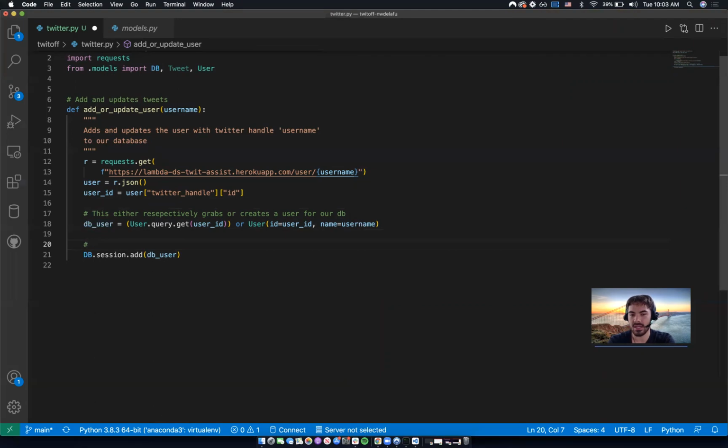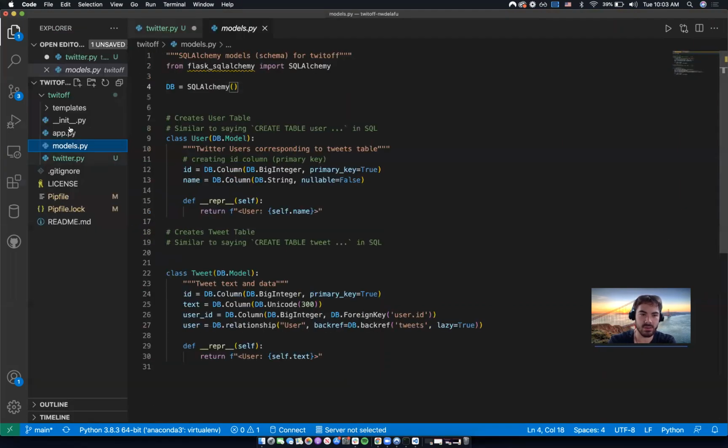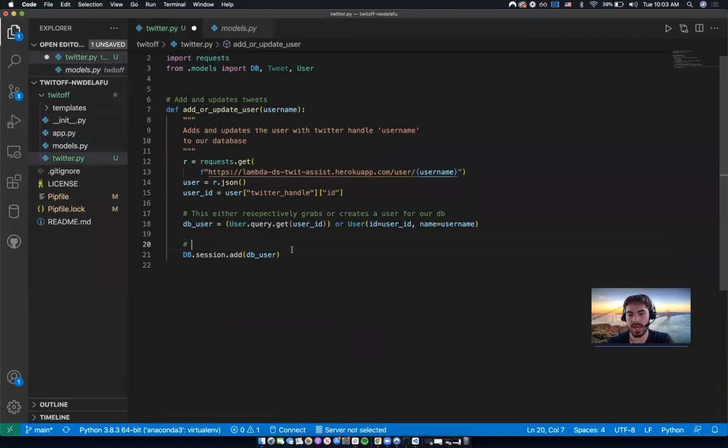So I'm going to say db.session.add, which will add this user to our existing database, this SQLite database that we have yet to create. I'm going to go ahead and say db.session.add, and this adds the DB user to our database. Cool. Now we've gone ahead and added that user. I'm going to go ahead and grab the tweets by saying